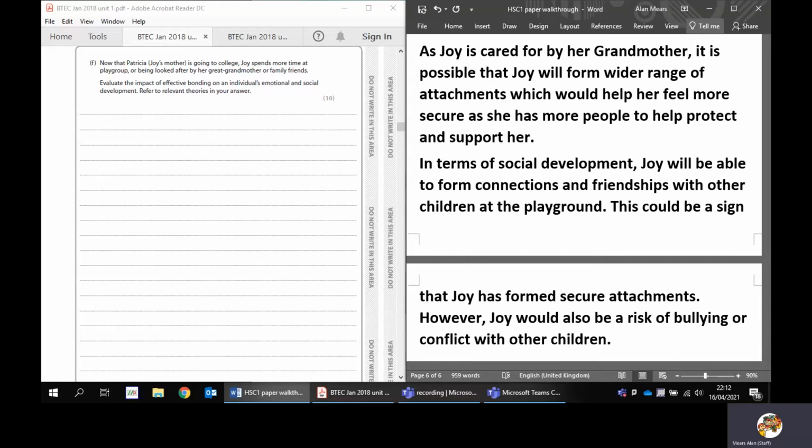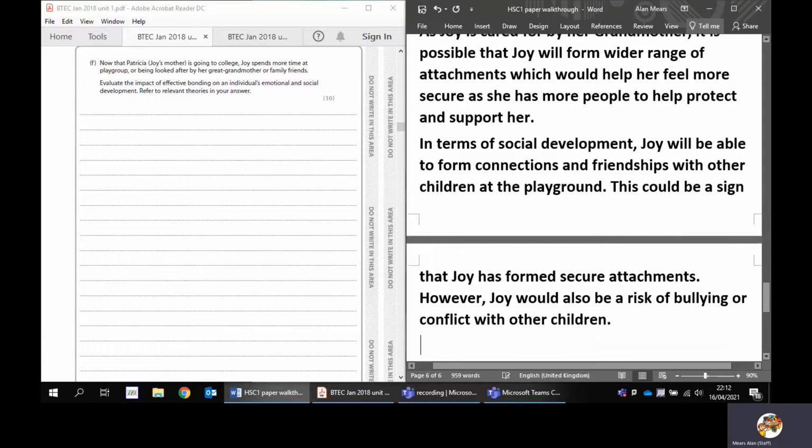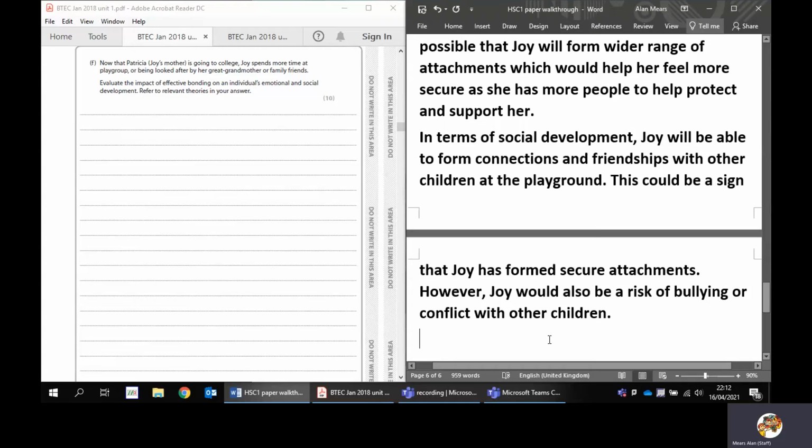Again, we're kind of trying to balance it out as what could happen. So, and then we're going to conclude this. So, we can say effective bonding. We're going to use the words of the question with